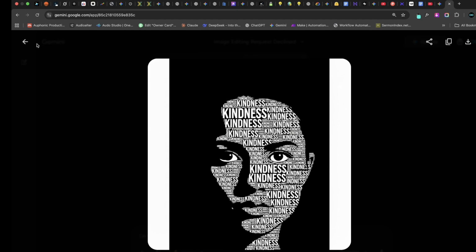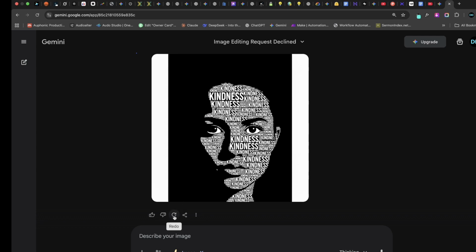If you don't like what it did, you can come back and try to redo this. But in my case, I don't see any reason to do that, because I feel like this is actually what we are looking for. So go ahead and use this. Use it for your own t-shirt designs, use it for mock designs, use it for print on demand,